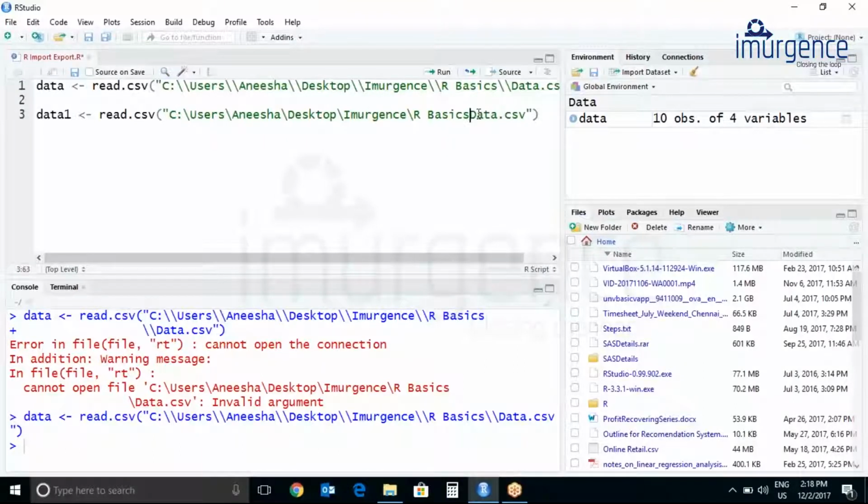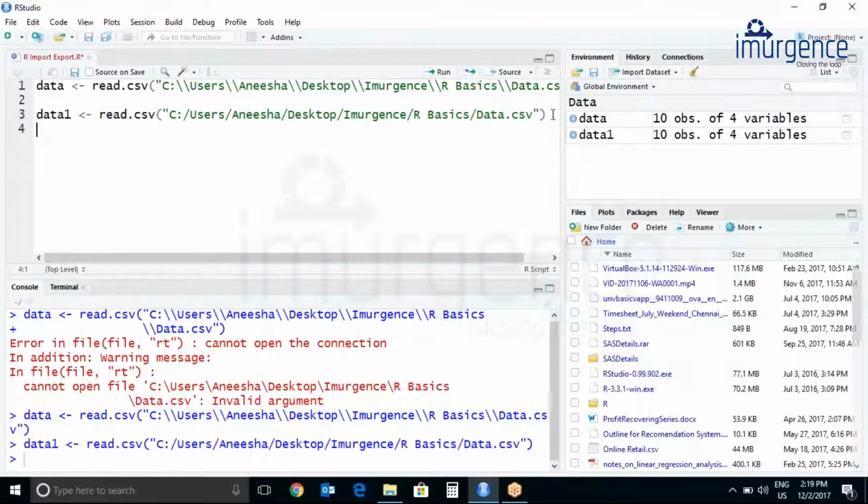Okay, so instead of backslash twice, you can also put forward slash once. Now let's hit Control Enter. Yes, even this is working fine.